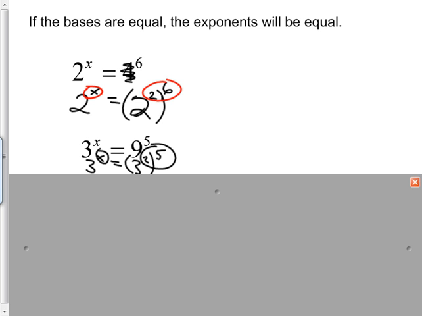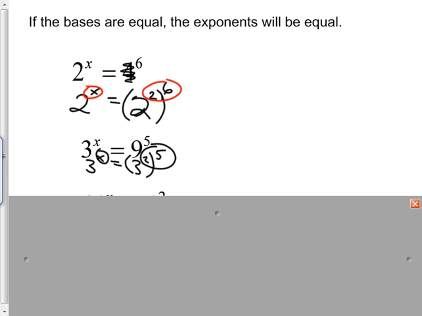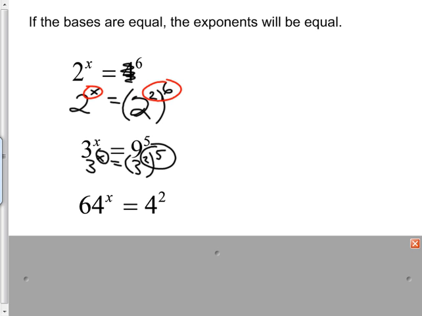Now let's move up to the high school level. I seriously could have taught that to 7th graders. You guys can figure this one out. It's the same idea. Just a little more stretch at the end to figure out what to do. Just in case this holds you up, 4 to the 3rd is 64. I don't mean that to be the tricky thing. So this is really 4 to the 3rd to the x equals 4 squared. Now some people don't like to write things down, but I think once you write it down,